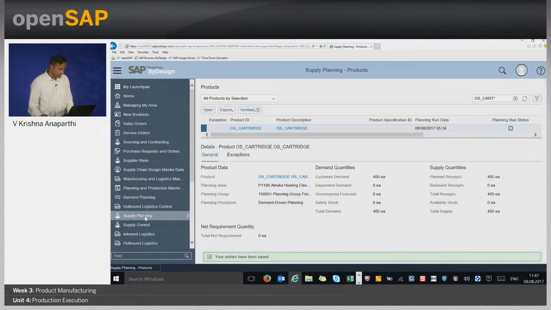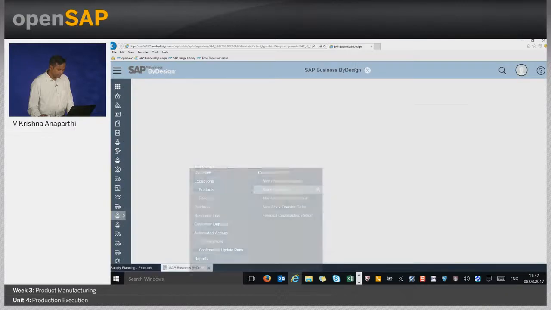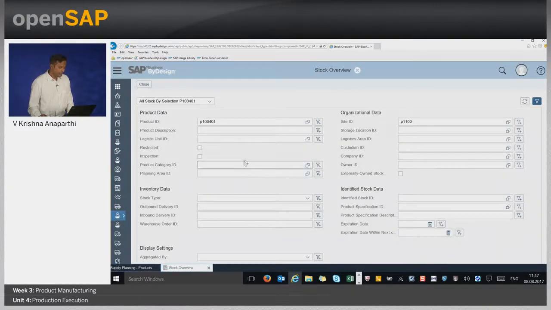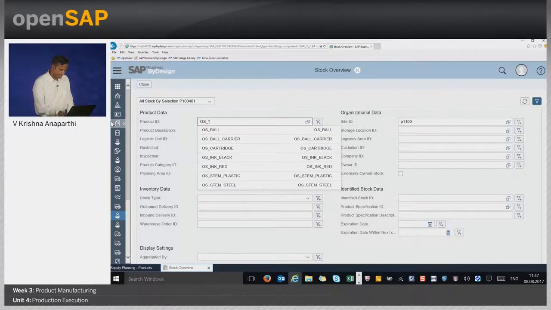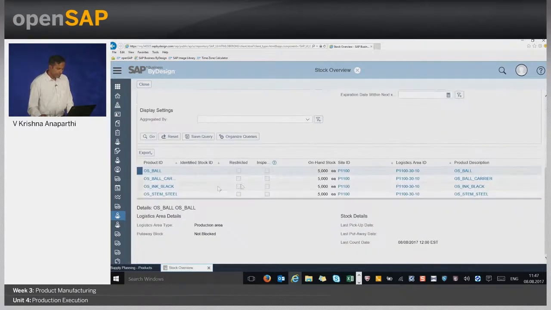So let's quickly go to a stock overview and see the inventory of our components. If you see here, I have created the inventory for ball carrier, black ink and steel stem, and I created inventory of 5000 each.